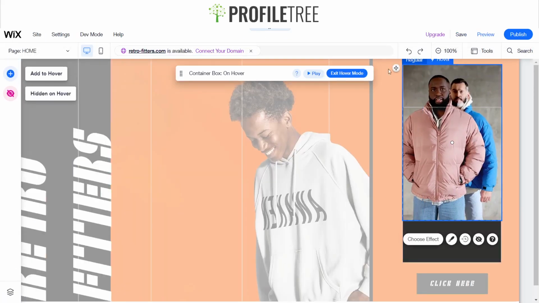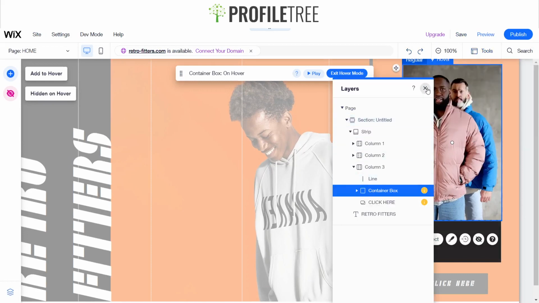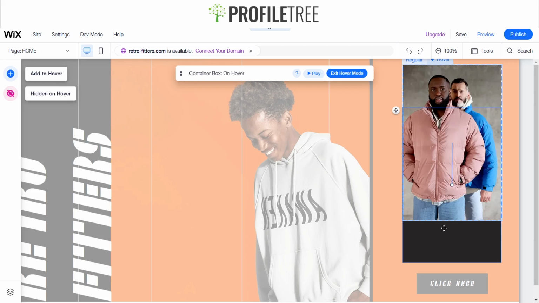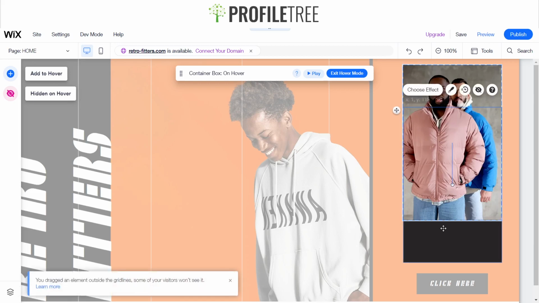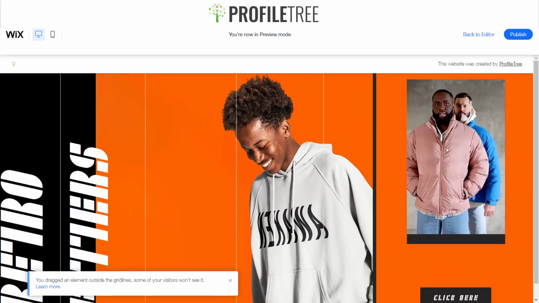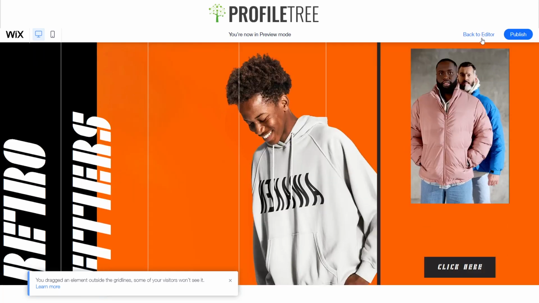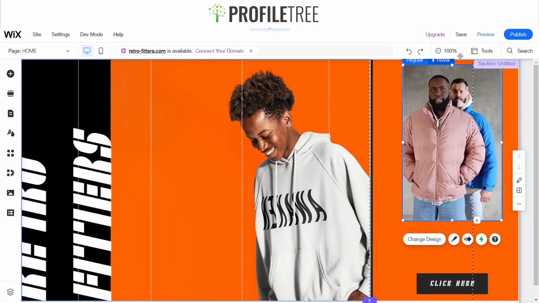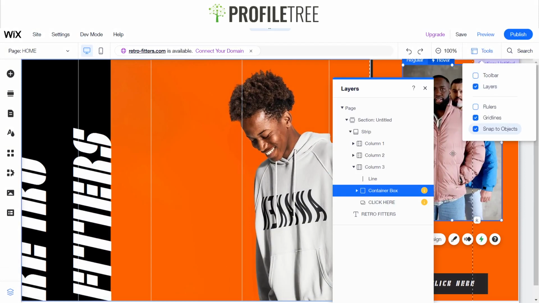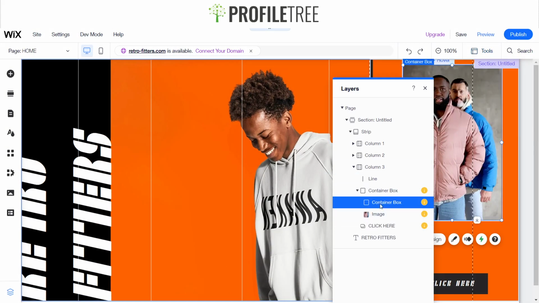Okay. I'm not sure that's too drastic, so I'll just click on that container box again. Just move it so that it's not seen. So this requires just a lot of tweaking, just so you can get it right. So see this container box, just move that like that,